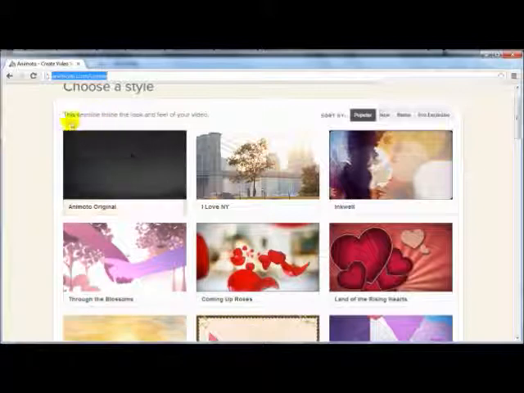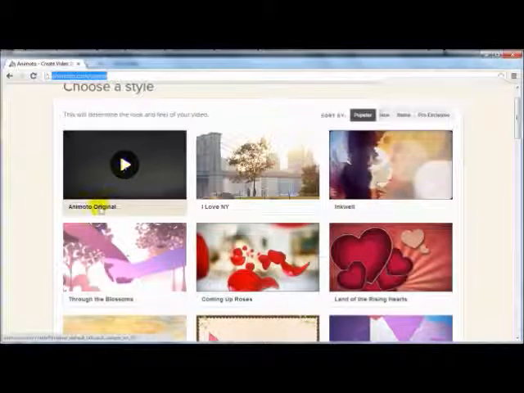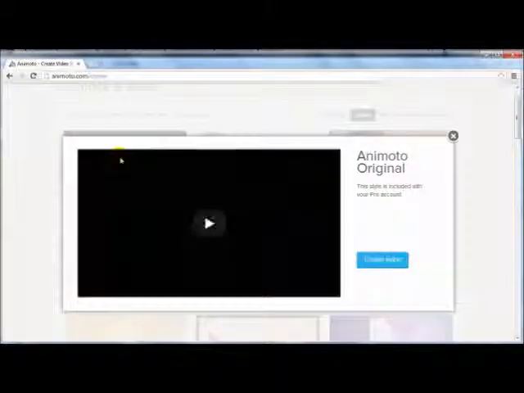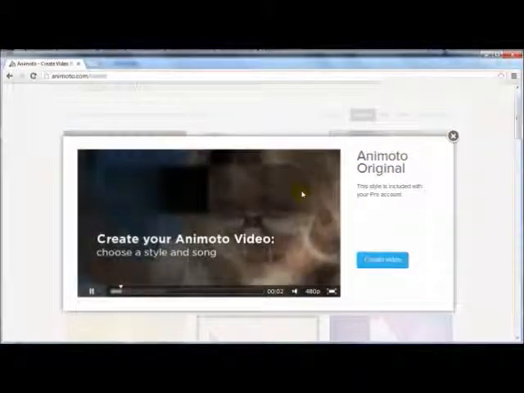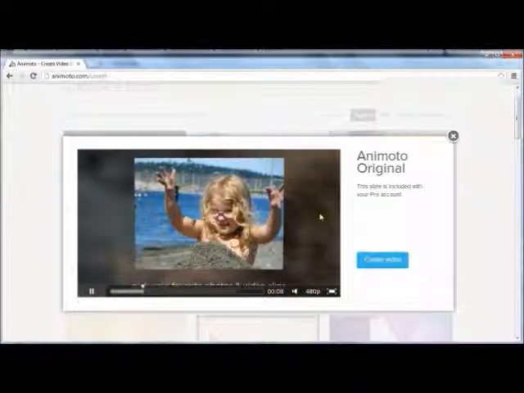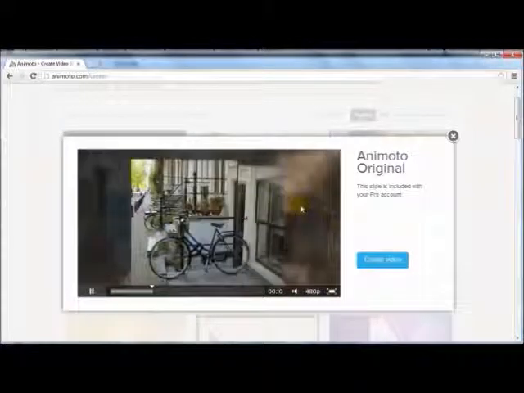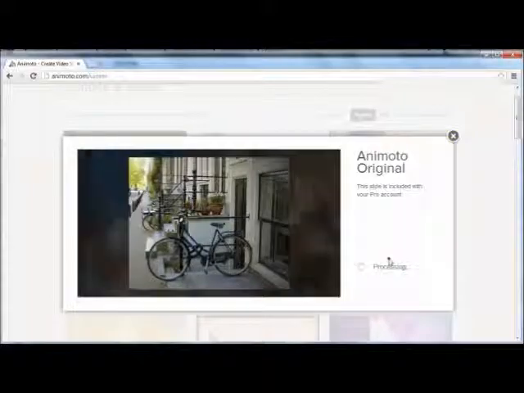Now, Animoto is really easy. I want to show you really quickly how to create something really cool. But let's say I choose Animoto Original. And if you play it, it'll give you a preview of what it looks like. So we've got pictures, and then you can add text and things like that. But if I click on Create Video here,